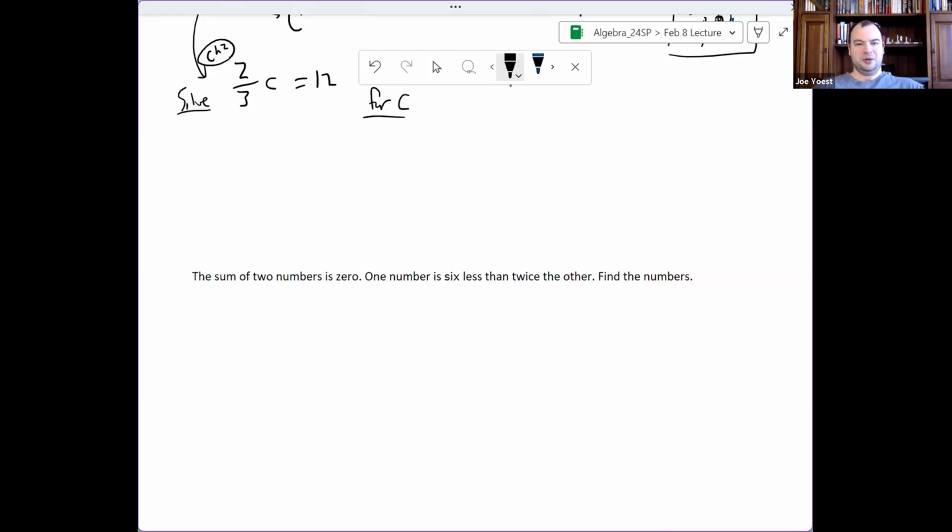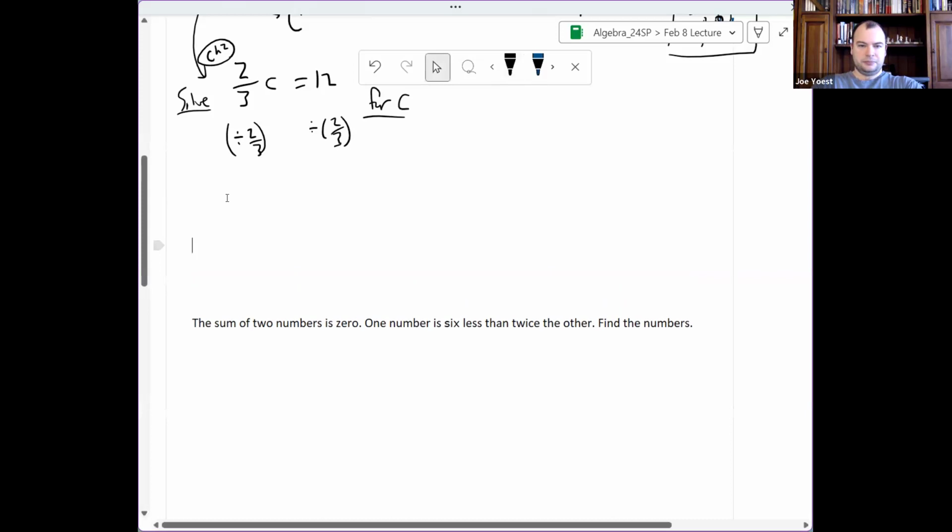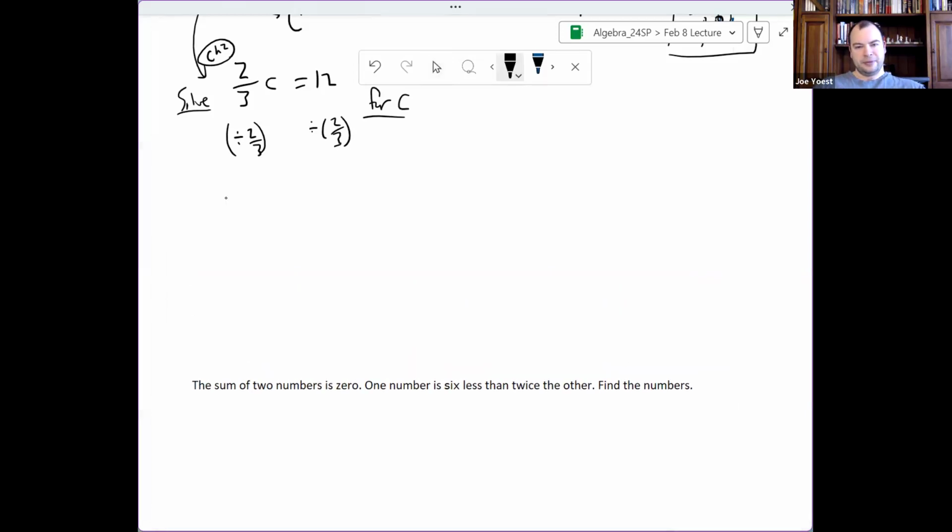I isolate the variable term. Variable term is already isolated. I isolate the variable. Two-thirds divided by 2/3 on the left, they go away and just give me a C. On the right, I have 12, which I'll write as 12 over 1,